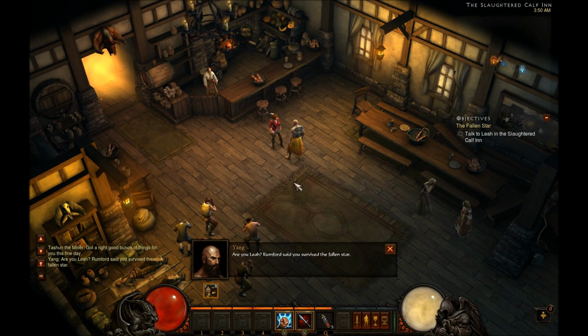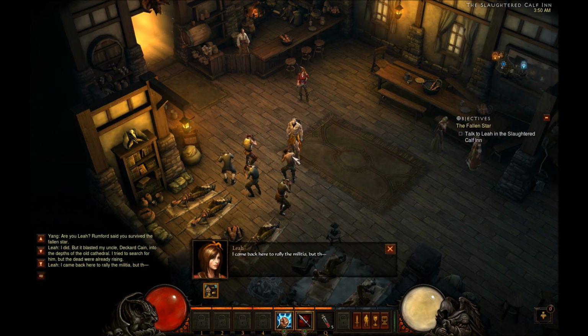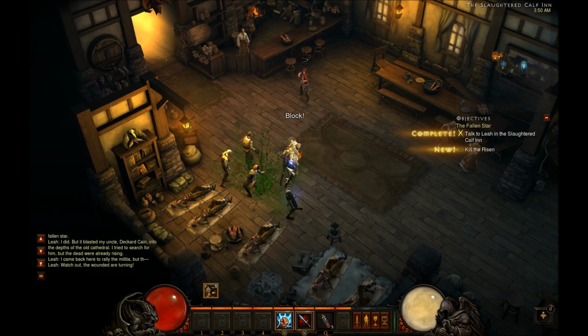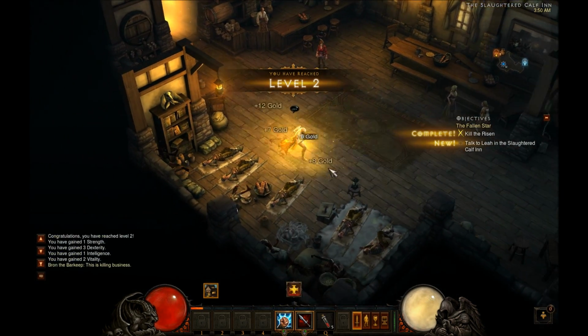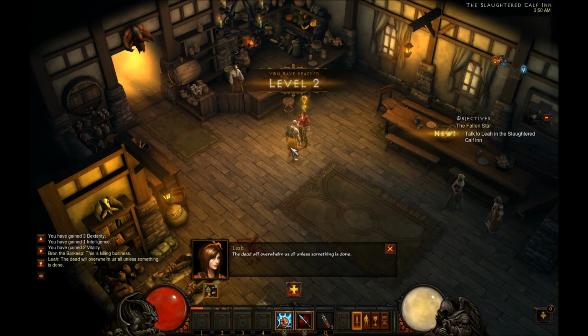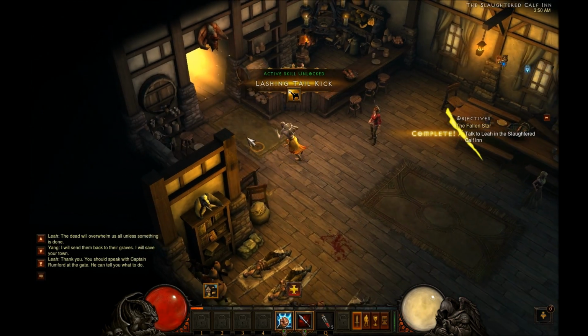Are you Leah? Rumford said you survived the fallen star. I did. I came back here to rally the militia. Watch out! The wounded are turning! Utah has raised me to new heights. This is killing business. The dead will I will send them back to their graves. I will save your town. Thank you. You should speak with...